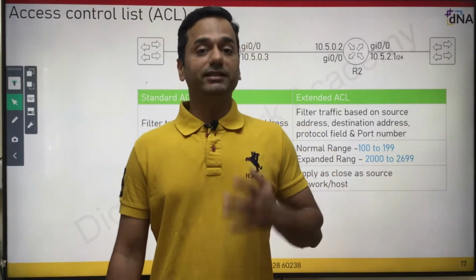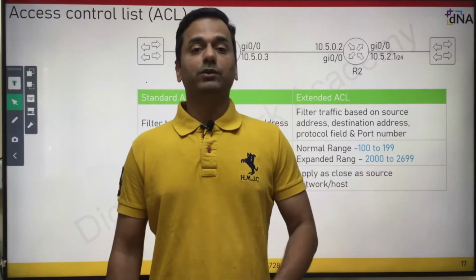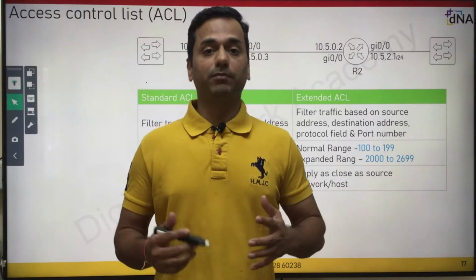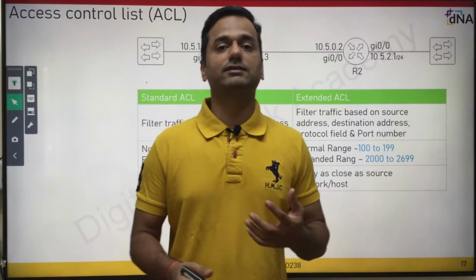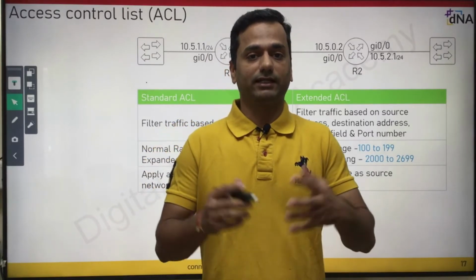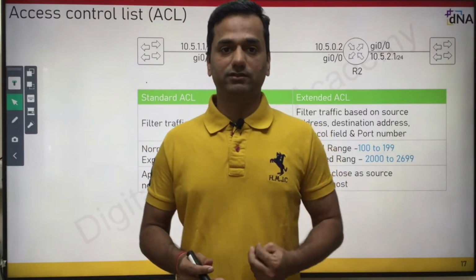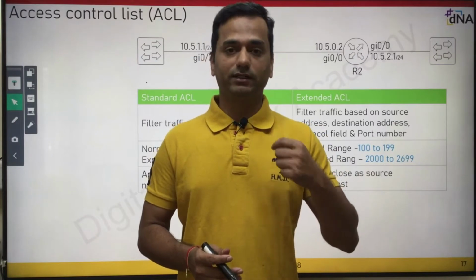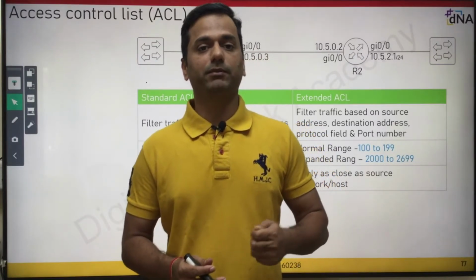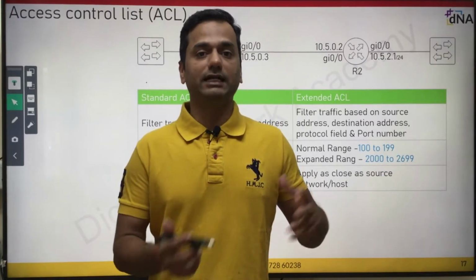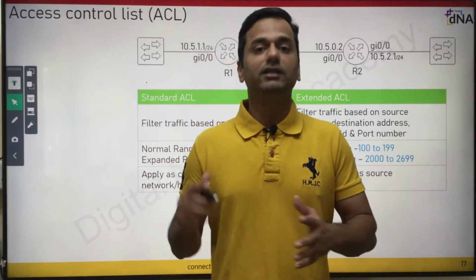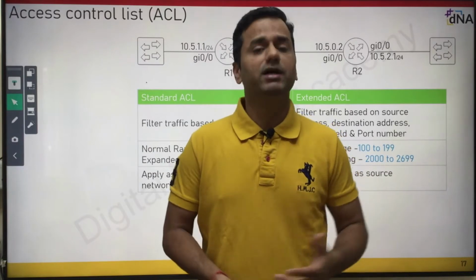This is ACL part 2. What we had covered under part 1? Let's quickly recap. What is ACL? Access control list is a list of conditions that categorize the packet. There are two options in ACL, right? You can either filter the traffic, permit or deny. There are two kinds of access control list: standard and extended. The third is the named ACL, but it is the same, right?